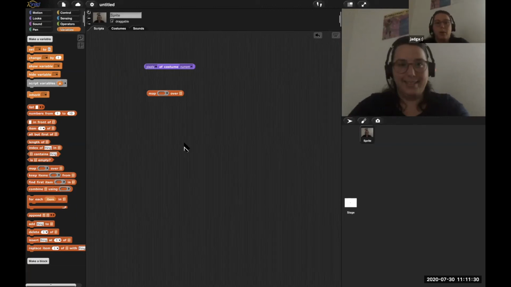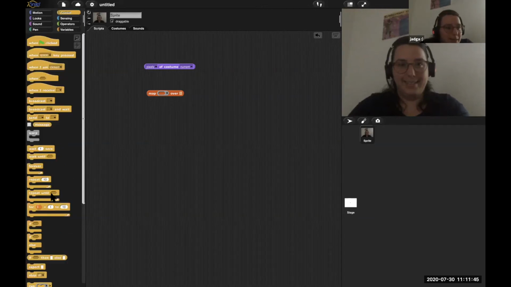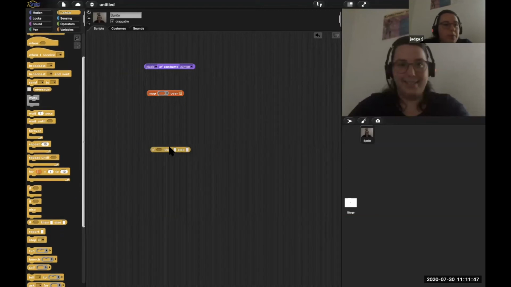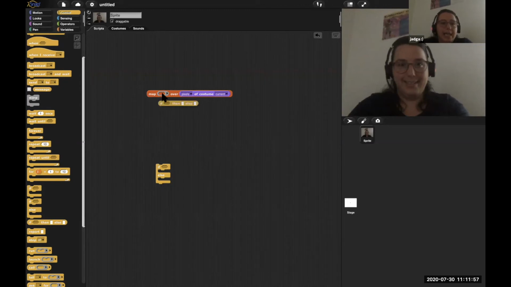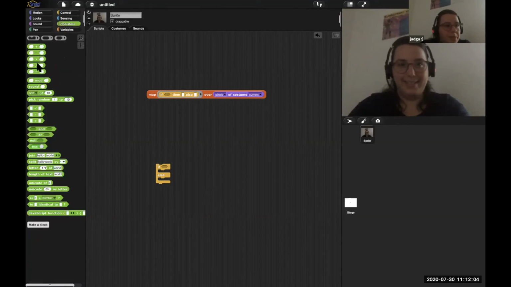And then we want to just report back 3 colors, and we want to change our image so it only has 3 colors left based on the brightness, or let's do the greenness because that's faster, of a specific pixel. So I can grab the reporter if for that, but you can also drop the regular if in here if you want. So that works as well. And we want to use the pixels of our costume for that. And if, for example, the green channel of a pixel that we have here is greater than a specific number,